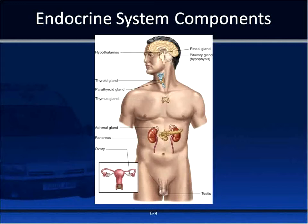The pituitary gland is buried deep in the cranial cavity at the base of the brain. In an adult, it's about the size and shape of a garbanzo bean. The pituitary gland is known as the master gland of the body. It regulates growth and controls other endocrine glands. The hypothalamus produces and controls hormones released by the pituitary. It controls the parts of the nervous system that control involuntary body functions, hormones, and functions such as regulating sleep